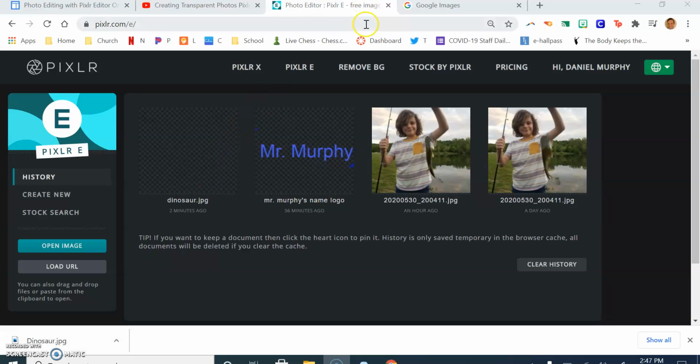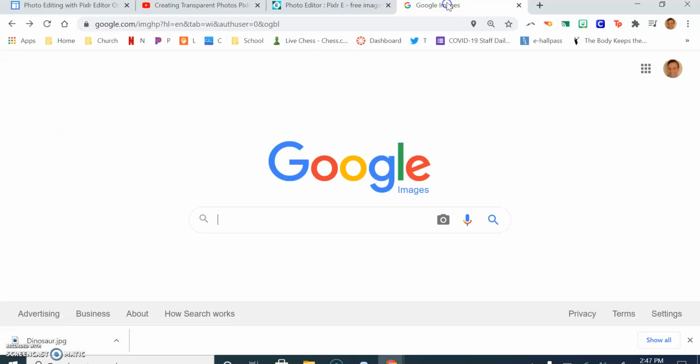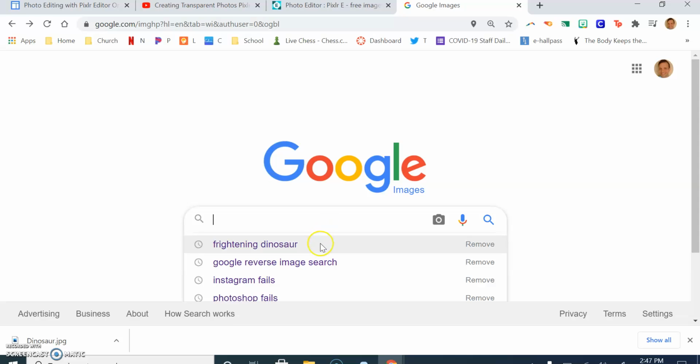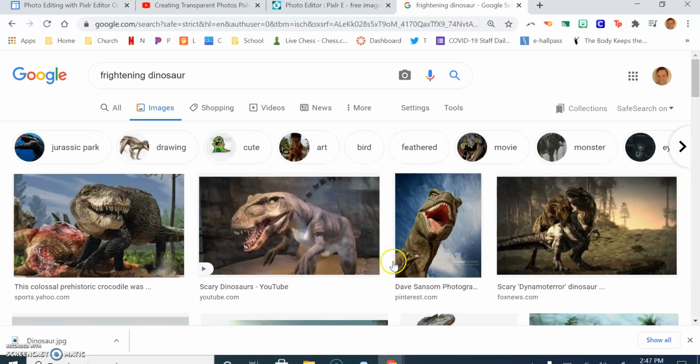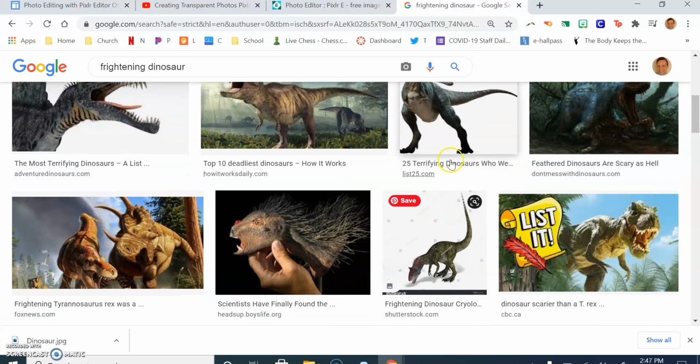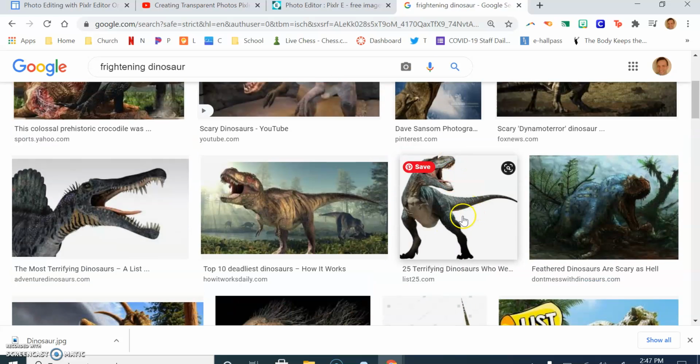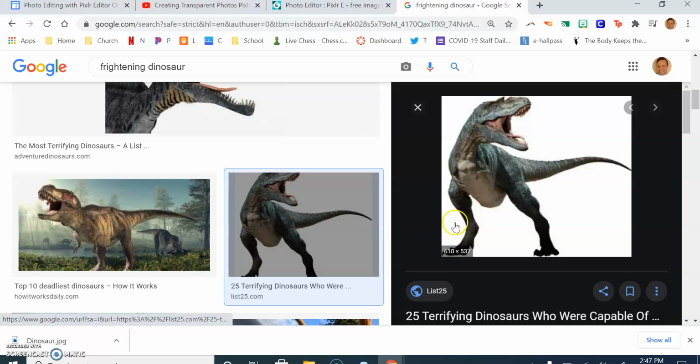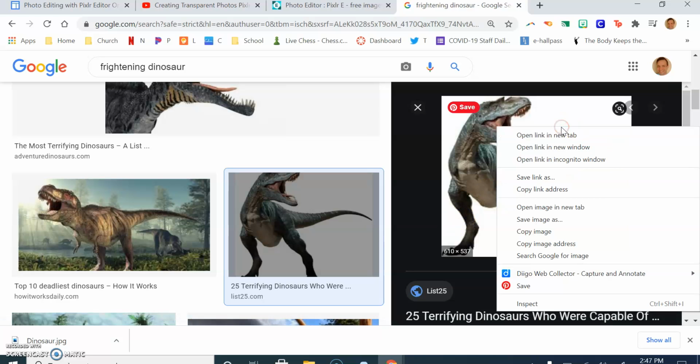So I've got my Photo Editor E open, the new version. I'm going to go to Google Images. I'm going to look for Frightening Dinosaur. These are great pictures, but they're going to be kind of tricky to do. The easier ones are going to be ones like this, where we have a white background already or a pretty plain background. We're going to click on it and we're going to come down here, not to copy link address,